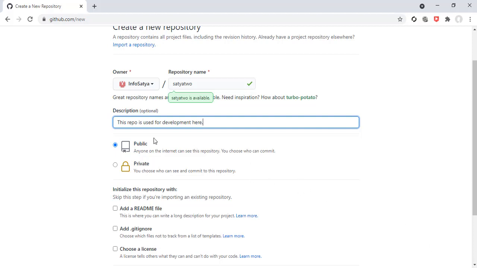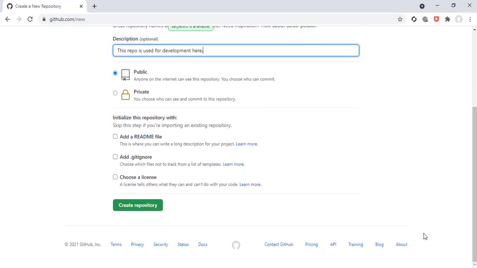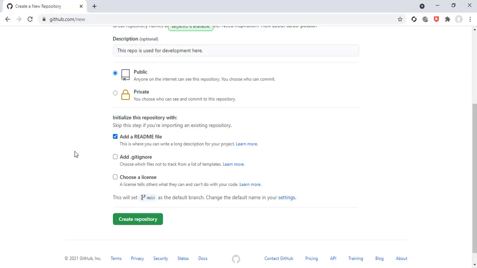As of now I have selected a public repository, and next, initialize this repository by adding a readme file. Here I'll select add a readme file, because if you do not select any of the checkboxes, it will create an empty repository for us. I have selected the add a readme file checkbox, and the add .gitignore and choose a license checkboxes will not be selected.